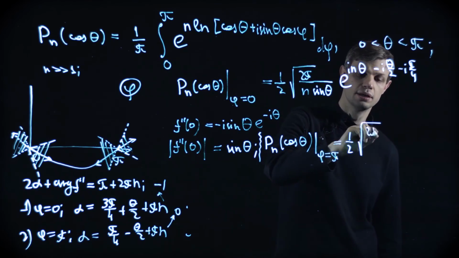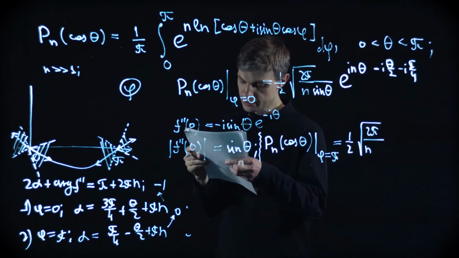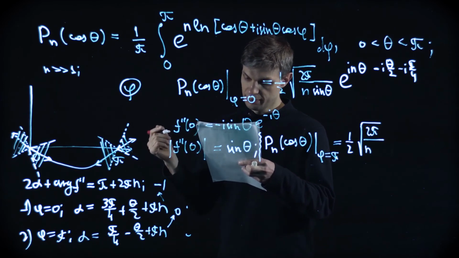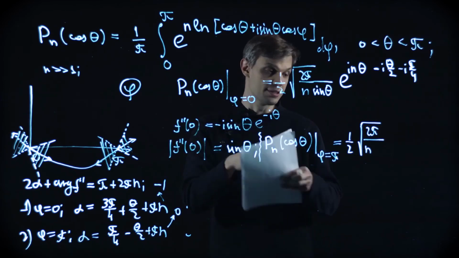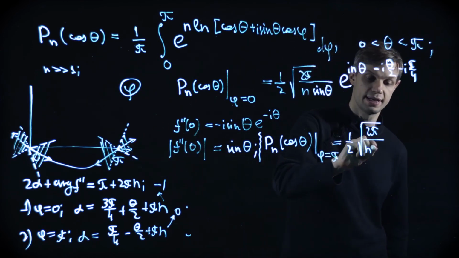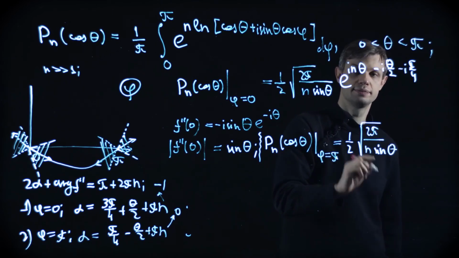So 2 pi over n as before, and the f double prime modulus is the same, since this saddle is the same. It's sine theta. And times